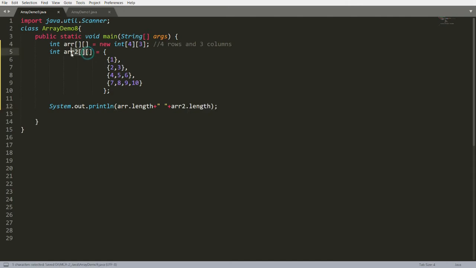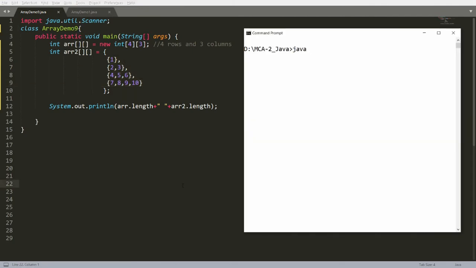Because this arr2 also has 4 rows. So whenever you run this, you will get 4, 4. So you can compile this, javac arraydemo9.java, and you can write java arraydemo9. See, 4, 4. It means this has 4 rows, this also has 4 rows.